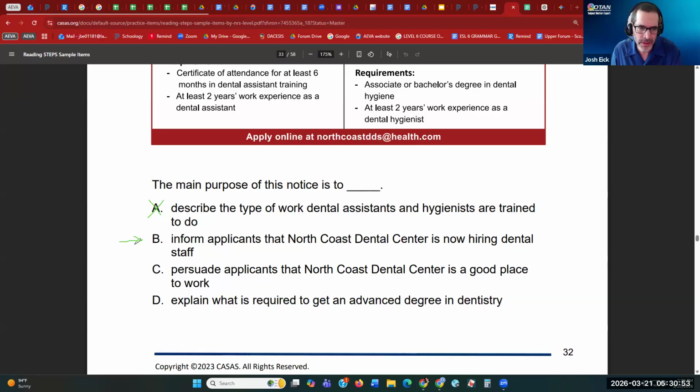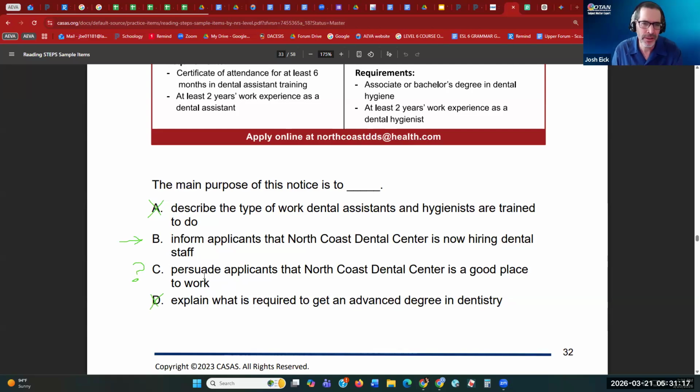But let me check everything, because you should always look at everything before you decide. Persuade applicants that North Coast Dental Center is a good place to work. Well, they are hiring people. I don't know. Explain what is required to get an advanced degree in dentistry. No, it's not classes. They want people to work. Okay, I think it's B.